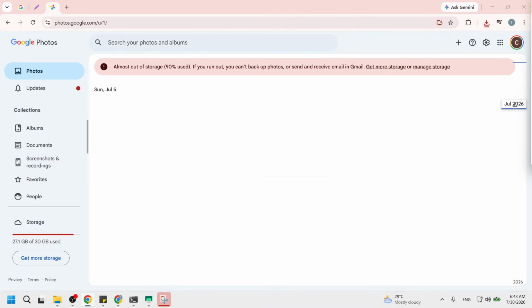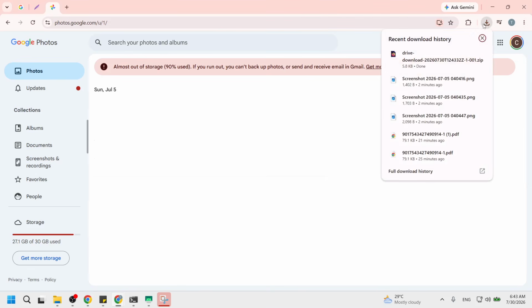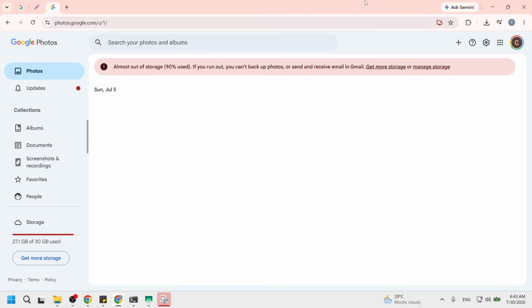You will see a single file appear in your usual Downloads bar or Downloads folder with a name based on the date or album. Inside that zip file are all the photos you selected, ready for you to extract and use offline or move to another drive. You have now downloaded copies of your Google One photos from Google Photos straight to your computer.